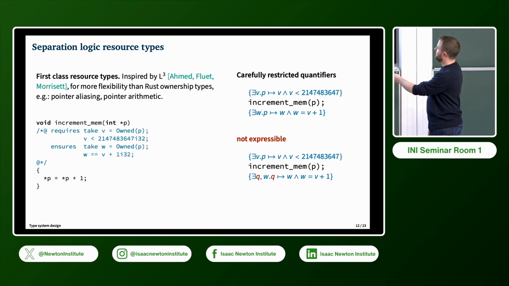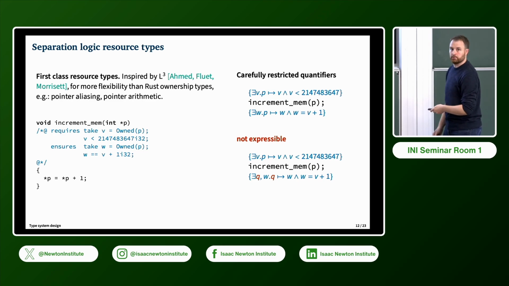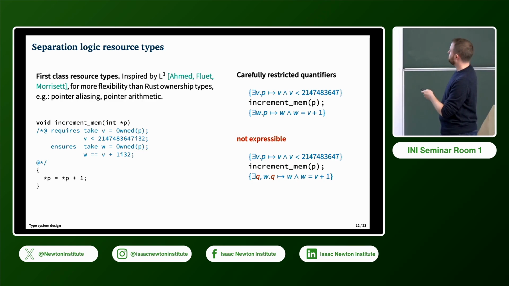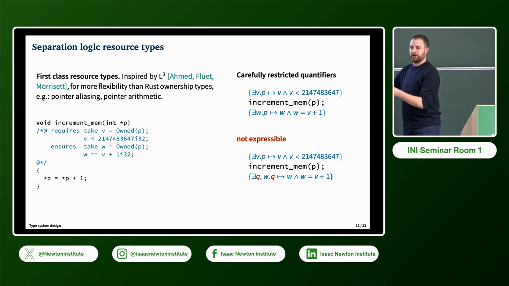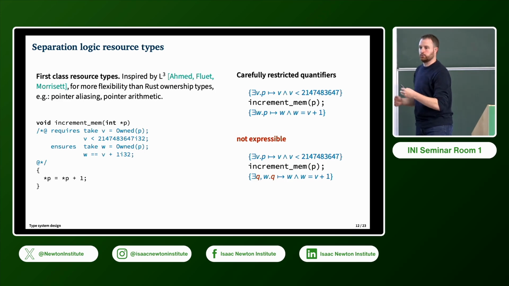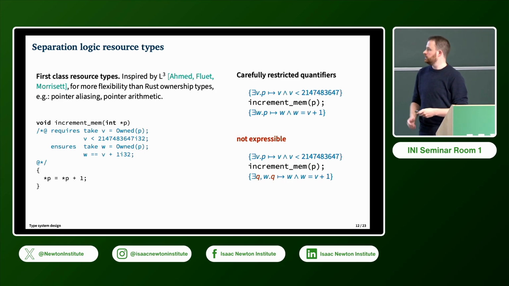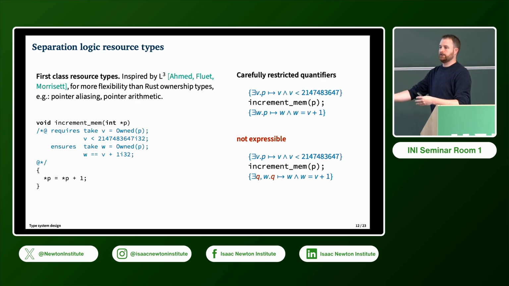So here we say, in the post condition, there exists some Q, so we forget that it's the P that has the ownership. There exists some Q such that Q points to W. This use of the quantifier would break reliable inference because any points-to lying around in the proof context would satisfy this. So we need some kind of backtracking to check specifications, which we want to avoid to get this sort of predictability. So again, the idea is the resource claims ownership and has as its output the value represented in memory at